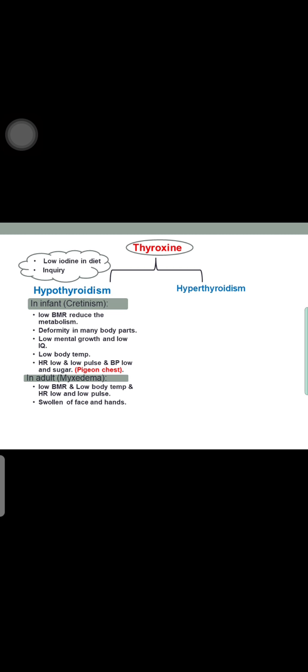Cretinism is characterized by a low basal metabolic rate, which results in reduced metabolism and energy production inside the living organism, and thus reduced protein synthesis, which results in deformity in many parts of the body, and also low mental growth and low IQ. The lowering of the basal metabolic rate also results in low body temperature